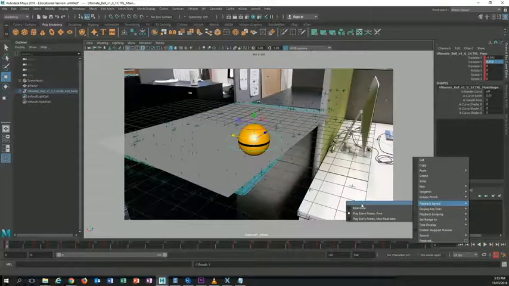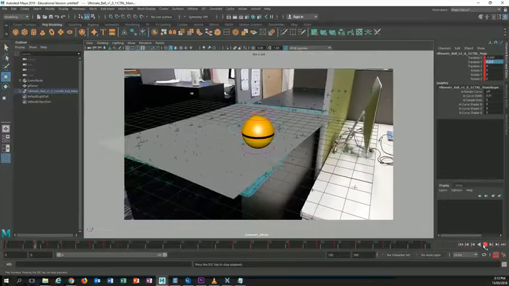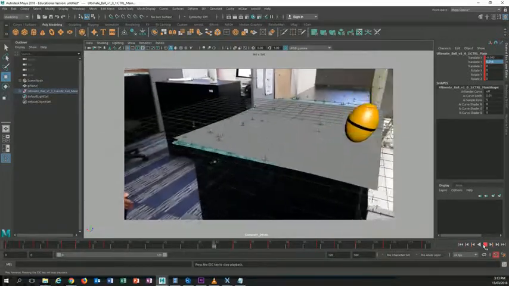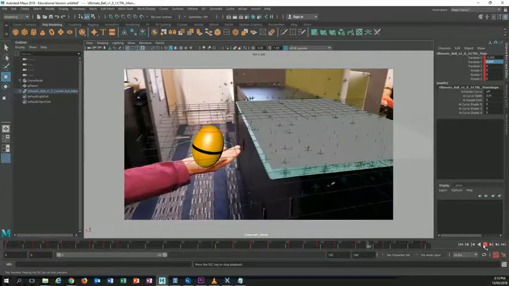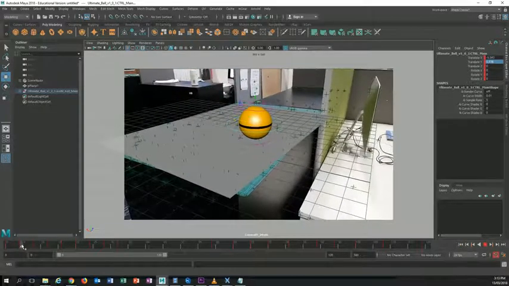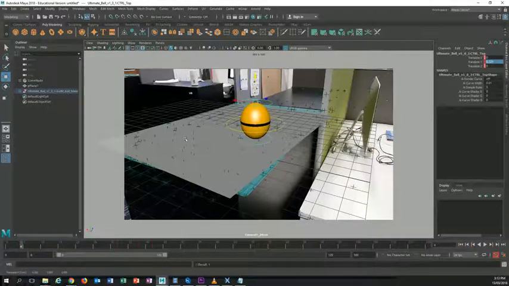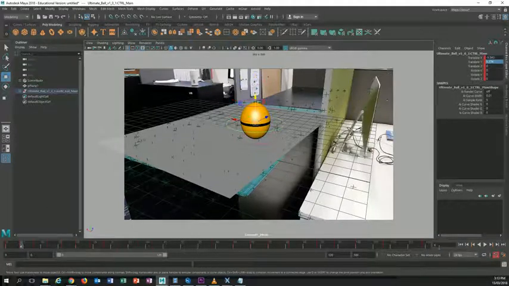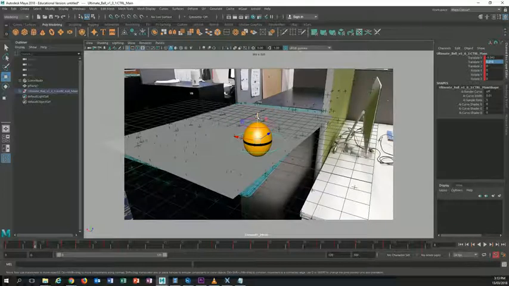Right click, playback speed, real time. Bang, bang, bang, bang. Wow, what's that? Jumping, and then coming to the hand. So now let's add some squash and stretch. So squash, stretch, squash. Oh, sorry, stretch,